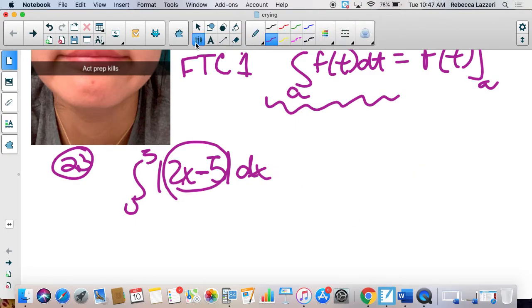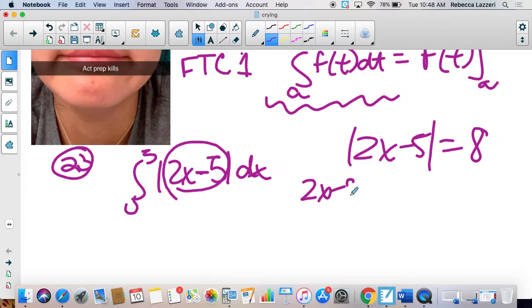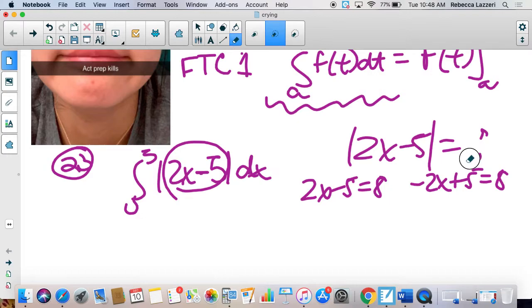Absolute value from the very first moment you ever saw it. If you had to work this in pre-algebra, your teacher would say, well, let's look at 2x minus 5 equals a, and the opposite of 2x minus 5 equals a. They weren't telling you we're doing a piecewise function yet, but I wish they had, because life would be a lot easier. If I asked you to take the derivative of this,